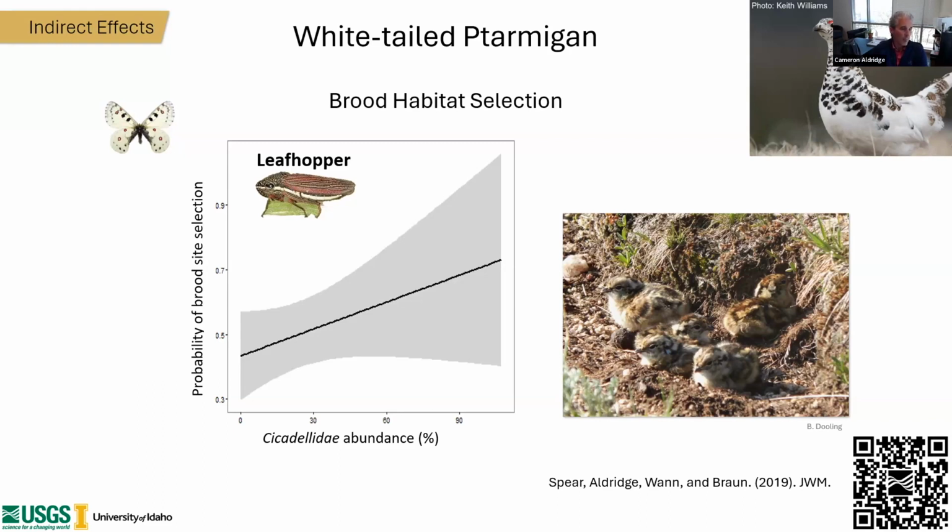And from a selection standpoint, we see that ptarmigan hens are taking their chicks into these forb-rich areas with larger insect abundances, and they're choosing to use those. The question is, what potential consequences might climate change have indirectly affecting the habitat of a species like ptarmigan, and how they may or may not be able to respond? And I think 79% of you also suggested in the poll that habitats were extremely important and a concern due to climate change. So next one, please, Lindsay.